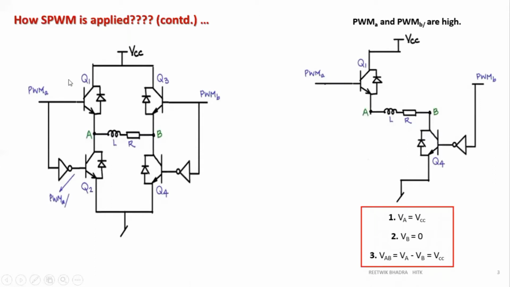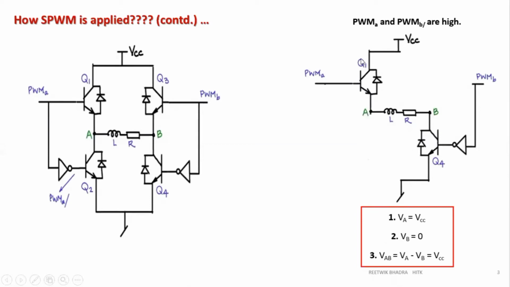So which switches are on now? No need to get into confusion about which switches are there. I am telling you in detail in case you are not getting it from my words. You just understand which PWM is high, that switch only will be on. So which is high? A and B bar. Which is connected to A? Q1. Which is connected to B bar? Q4. So obviously Q1 and Q4 will be on. So that's why in the diagram I have shown only those switches. Q1 is connected to PWM A, so it will be on. And PWM B is converted into PWM B bar by this NOT gate and given to Q4.